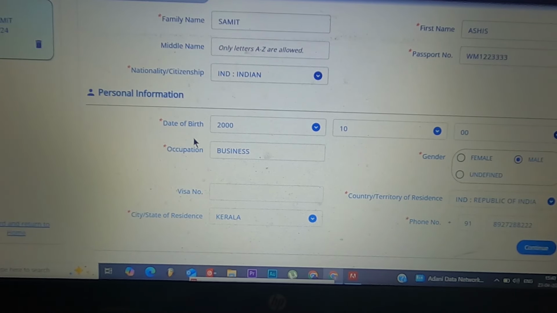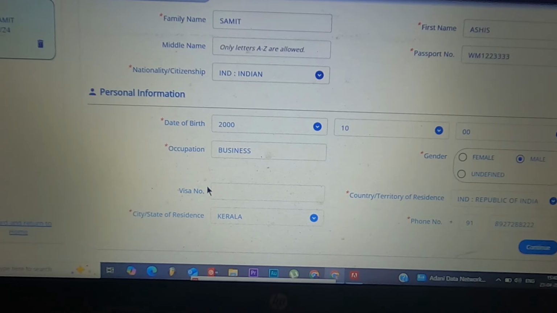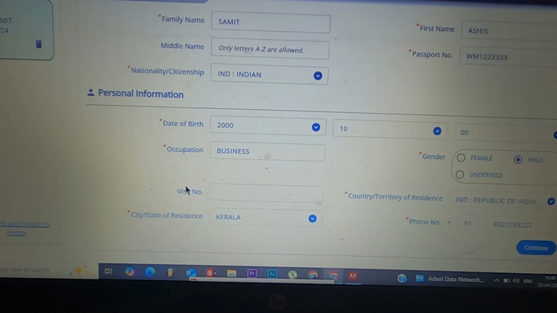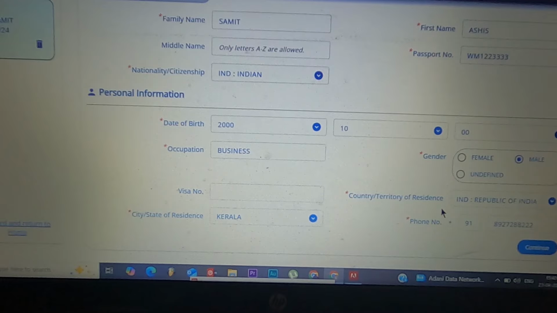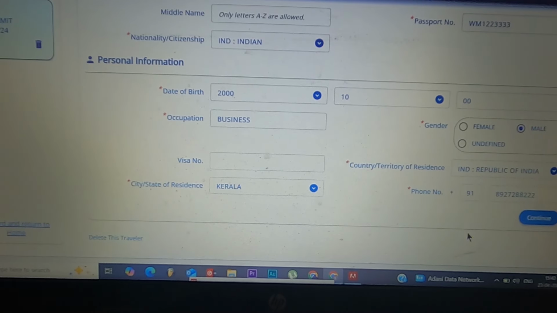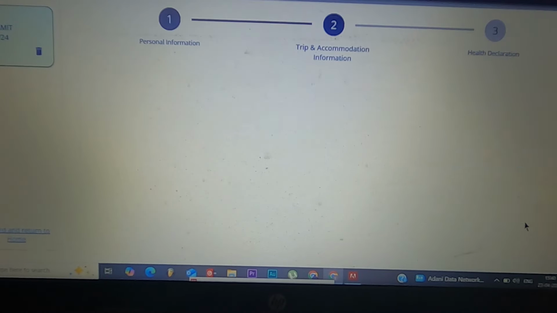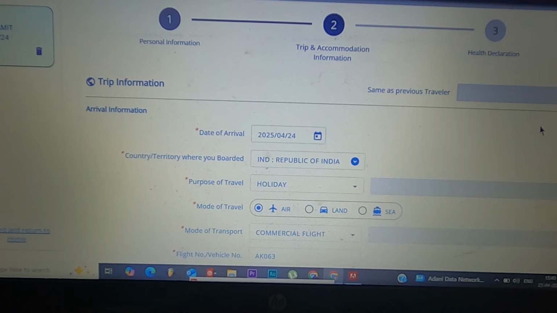After that, your personal information like date of birth, occupation, visa number if you have. As you can see, it's not mandatory. For Indians it's visa free, so you don't need to put up anything right over here. Gender, country or territory of residence, and phone number. And after you are done with this, oh by the way, you need to also put up state and city of residence. After doing this, you will click continue and go towards the next page where you need to fill up your